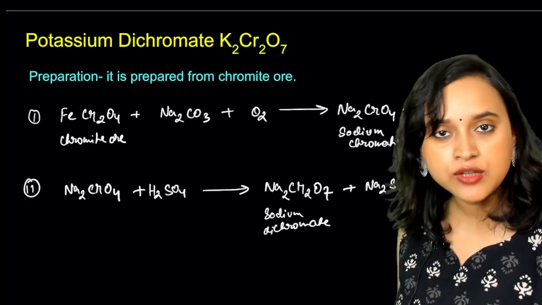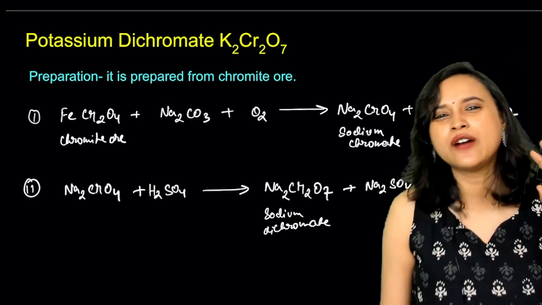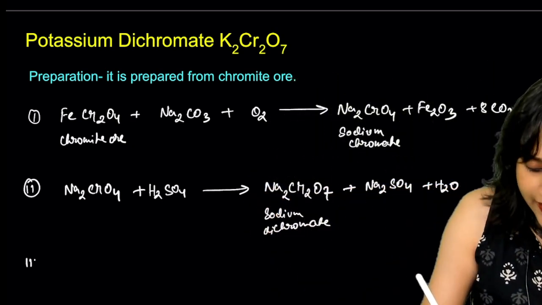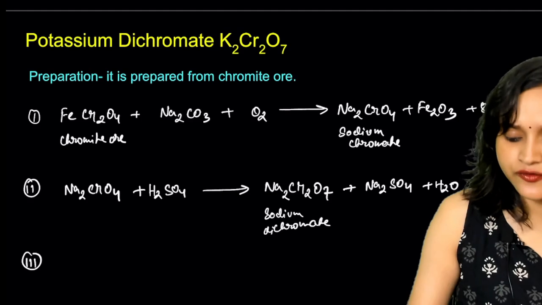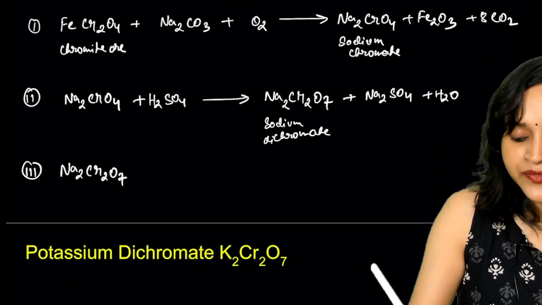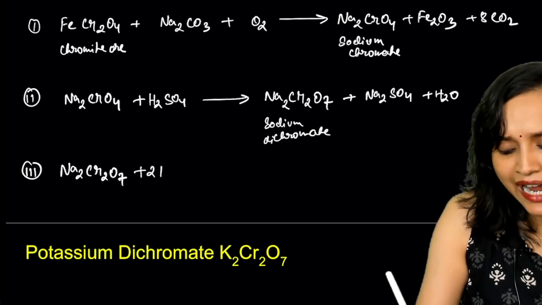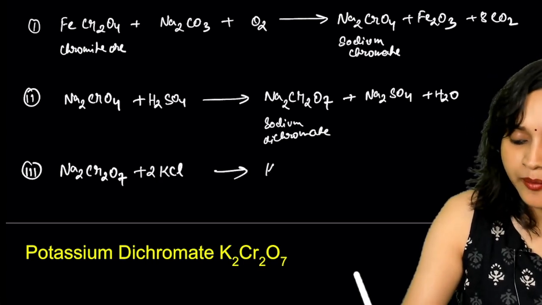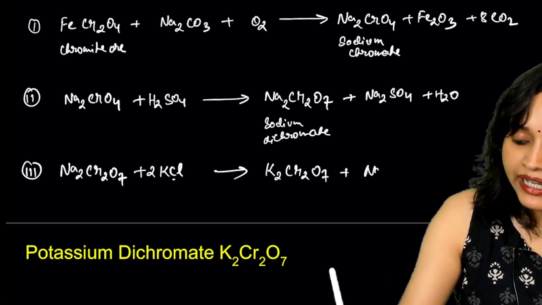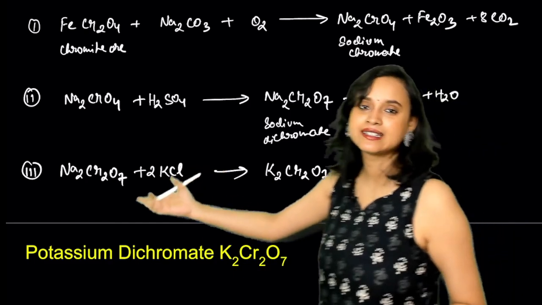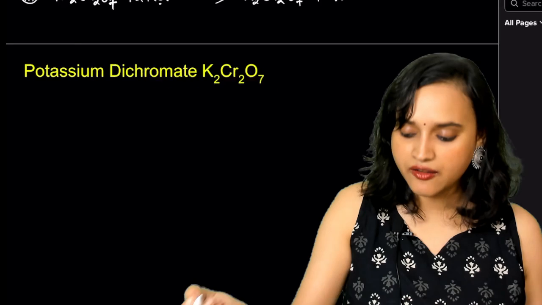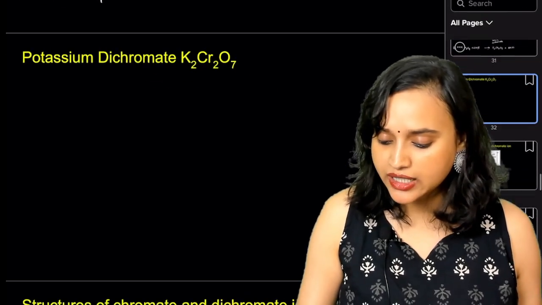Now from sodium dichromate, all you have to do is add potassium and remove the sodium from here. So this is going to be the simplest task for you. All you have to do is take this Na2Cr2O7. Once you take this and just add KCl, what will happen? You will get K2Cr2O7. Cl will go and hang out with the Na, so it will become NaCl, and that's it. This is your preparation. Please tell me that now it is not looking too difficult anymore. Yes, I really hope that it is not looking very difficult.